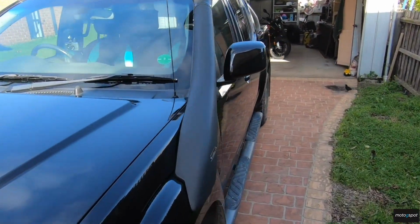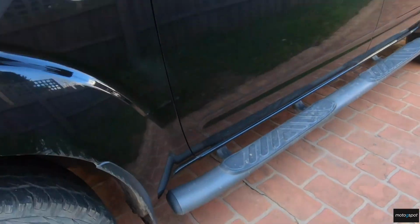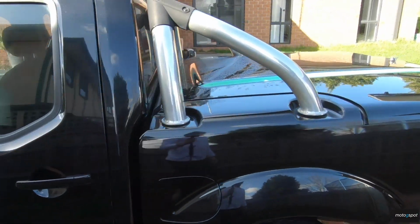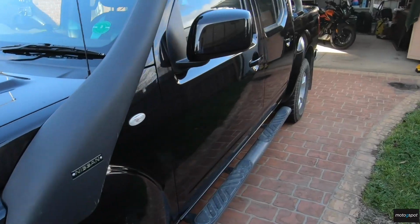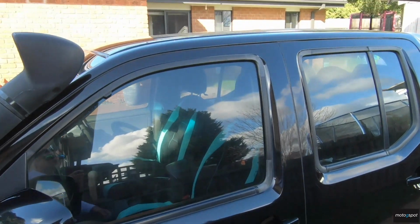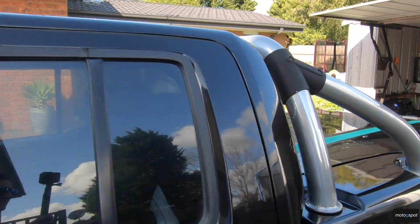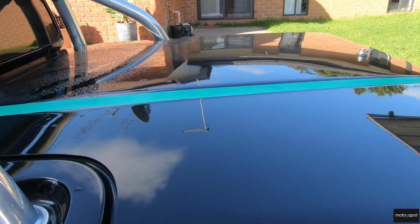And the only accessory I've got on here is the snorkel. And probably the deepest I've been through is probably down to there, so it hasn't mattered. Haven't needed it, but that's my runabout for getting off-road with the custom green stripes. Yes, I'd like to do some more mods to this because it's pretty stock standard. So I'm looking at getting the roof rack up the top. I was going to get a canopy, but I like the fact that I can take this lid off,